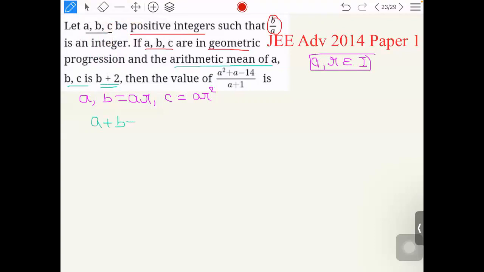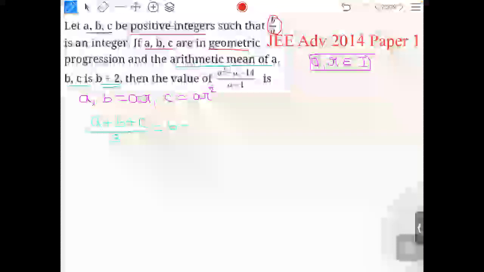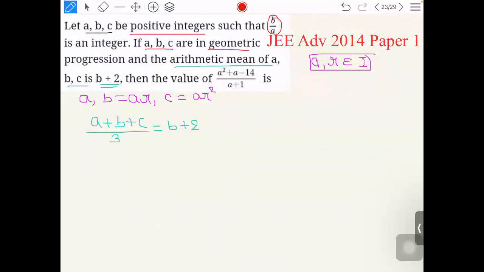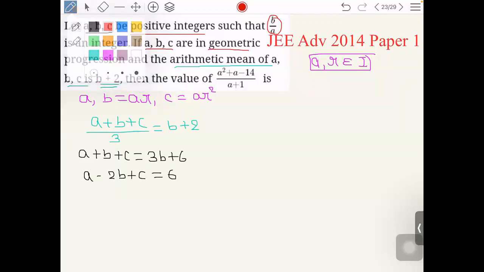(A प्लस B प्लस C) बाई 3 इज इक्वल टू B प्लस 2, और क्रॉस मल्टीप्लाई कर दीजिए इसको। क्रॉस मल्टीप्लाई करेंगे आप तो आपका आ जाएगा A प्लस B प्लस C इज इक्वल टू 3B प्लस 6। फर्दर सिंप्लीफाइड, B को LHS में ट्रांसपोज कर दीजिए तो